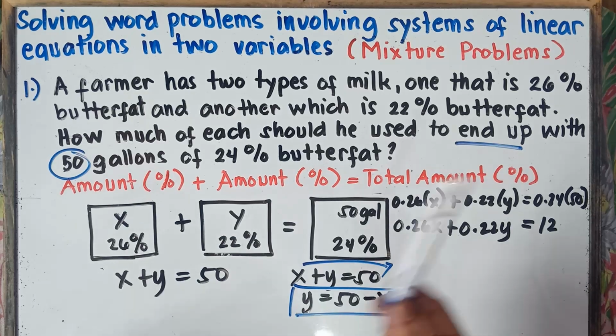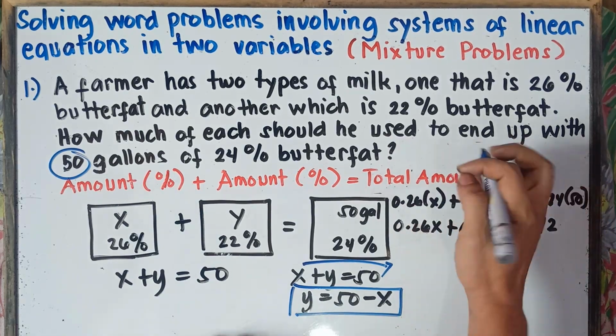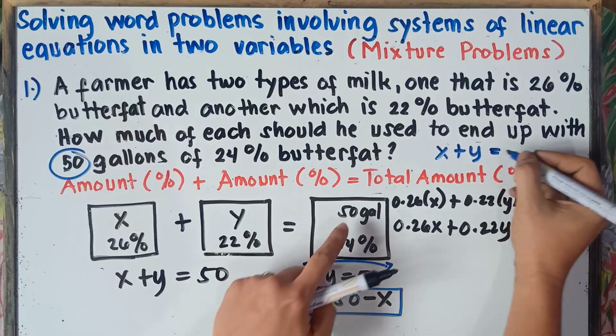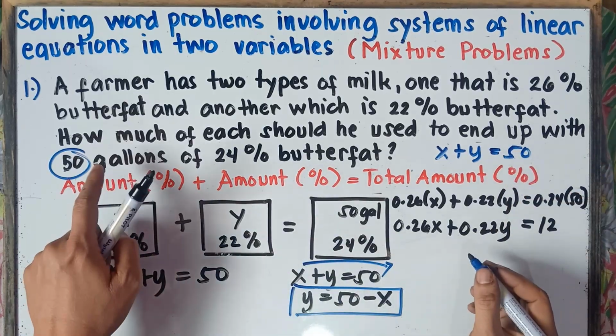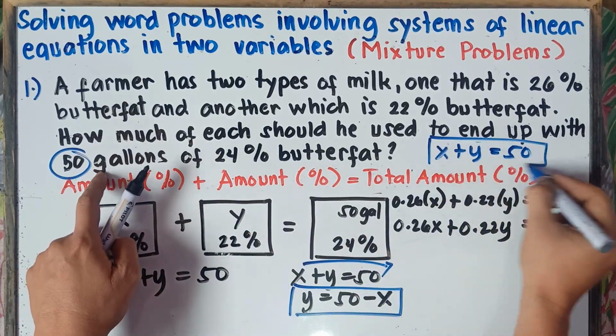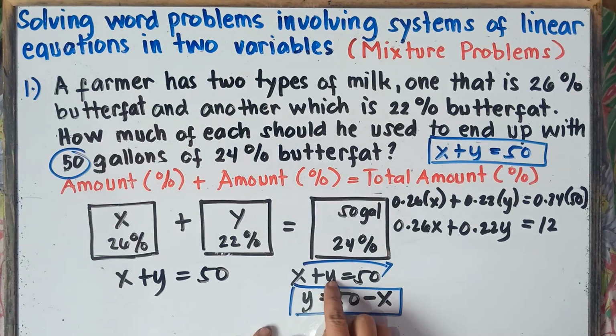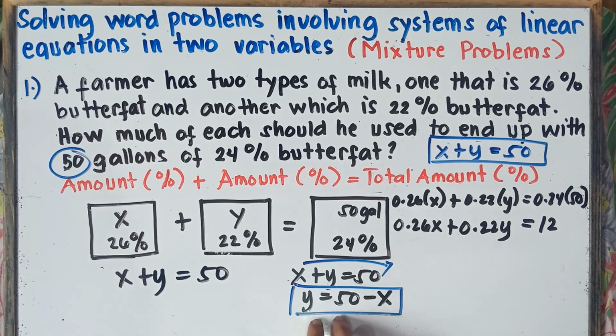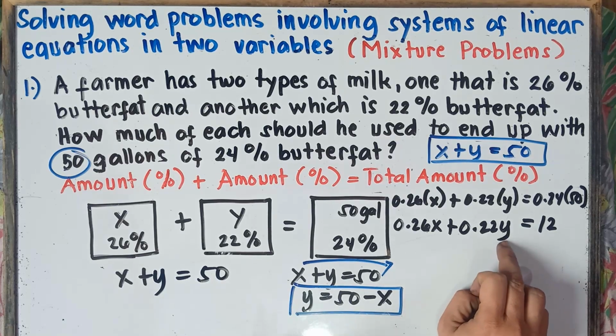Once again, class, our equation, x plus y, that's 2 gallons. The answer, class, is 50 because the total, class, that would be 50 gallons. And then we need to get the value of y. So simply transpose x from left to right. This is positive x. It will become negative x. So therefore, the value of y, that would be 50 minus x. And then we can solve for this now because we have given value of y. We just simply substitute this value on this given equation.